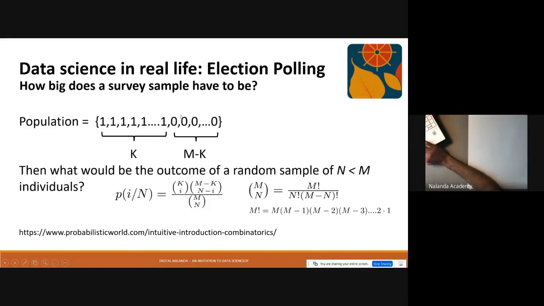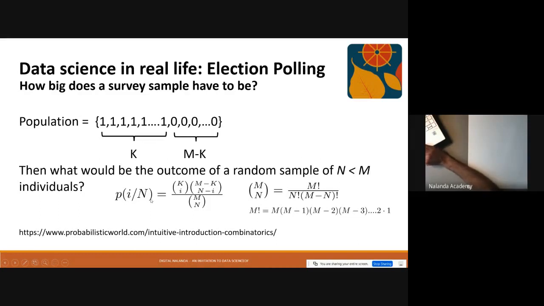So the question is, how many ways can you choose n candidates out of the m minus k entries that are all 0, and choose none from here? So that's k choose none, times m minus k choose n. And then we divide by the total number of ways in which you could have chosen n candidates in general,